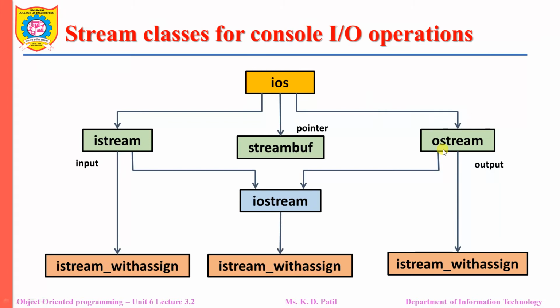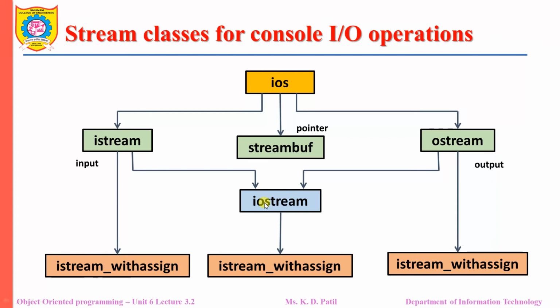Let us focus now on OStream class. This class handles the output stream in C++ programming language. These output stream objects are used to write the data as a sequence of characters on the screen. The cout and puts handle the out stream in C++ programming language. This class provides the facilities for formatted output.